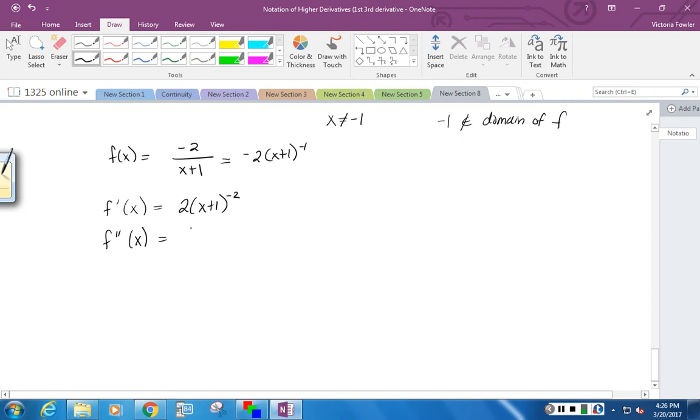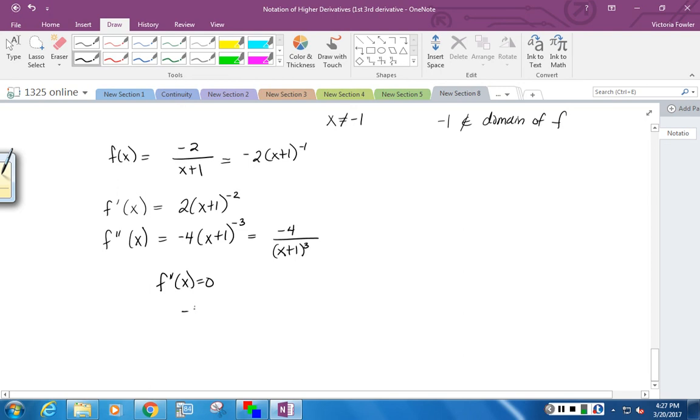When I take the second derivative, I'm using chain rule again. I do negative 2 times 2, which is negative 4. I multiply by that x plus 1, now raised to the negative 3, and again multiply by that inside function's derivative, which is 1, so I don't have to write anything. What I may wish to do is change this into a form where I no longer have negative exponents. So I've got negative 4 all over the quantity x plus 1 cubed. Now this is what I want to set equal to 0 and what I want to see where it doesn't exist. So if I set f double prime of x equal to 0,